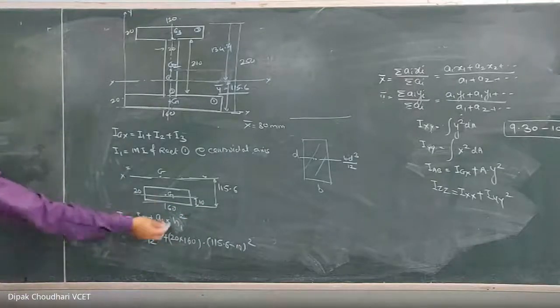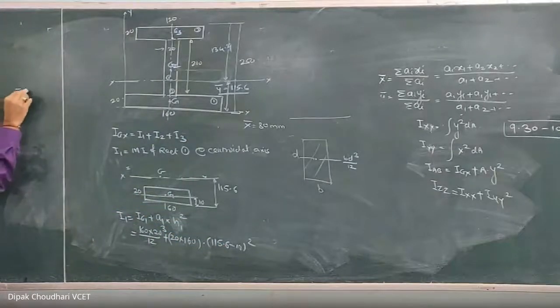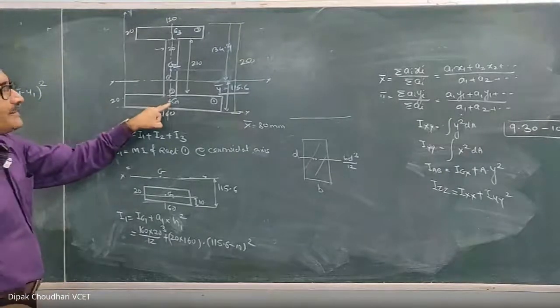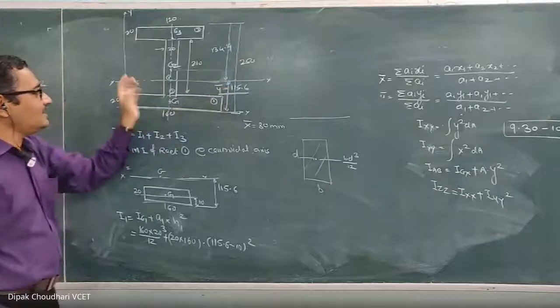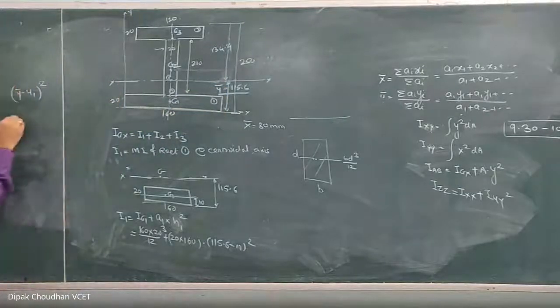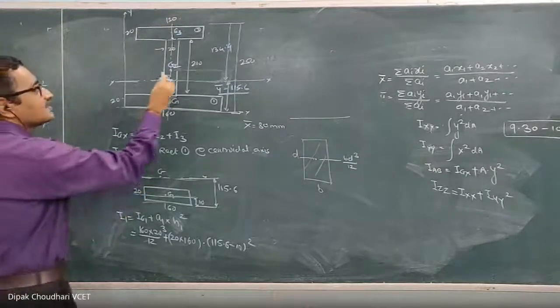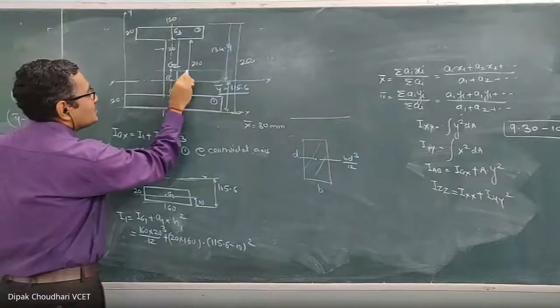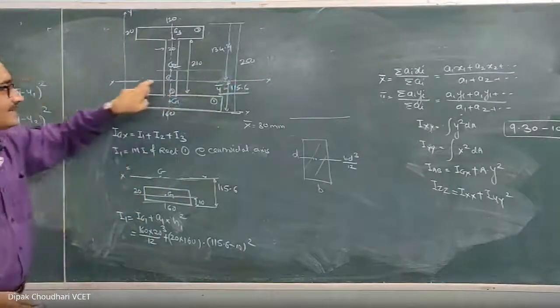Yeah, or you can remember this in such type of figure, this distance will be (y bar minus y1) whole square. Y1 is the y coordinate of that given now here. Okay, so y bar minus y1, you will get this distance. Here y bar minus y2 gives you the distance of this centroid G2 from this x-axis, the centroidal x-axis. You will get this distance.